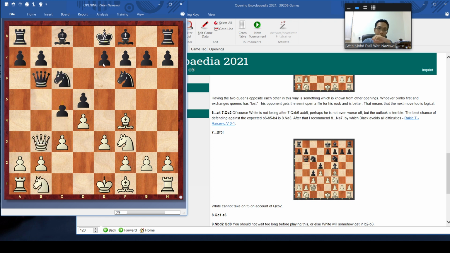So that's the idea. So that's why most of the time white... this is one of the ways. If white plays like this, black can just push that and then play on this b5, you move the pawn over there. But in the recommendation, let's say white plays queen c2, which is safer.